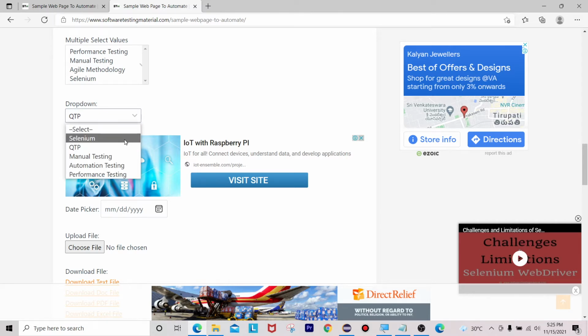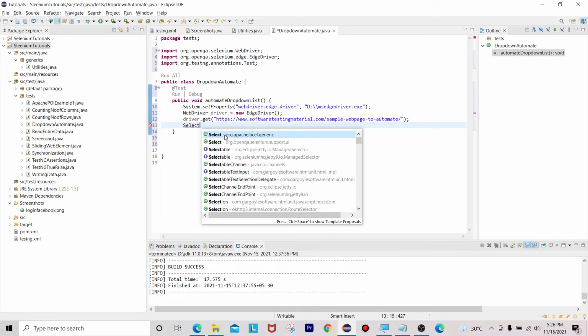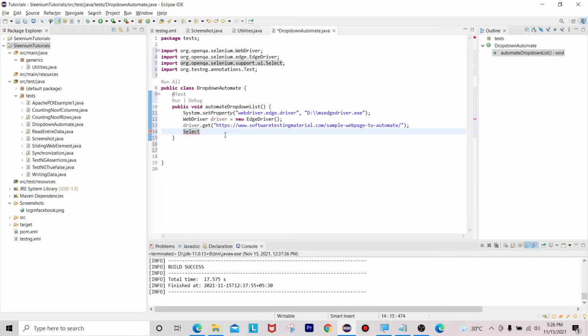I am going to select Selenium or QTP or manual. It is up to your wish. I am going to select the option called Selenium. For that, we have to create a Select class. What will the Select class do? The Select class will create one drop down list for you, that is Select list equals